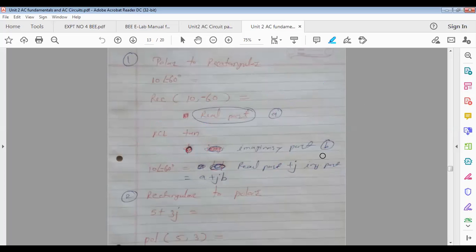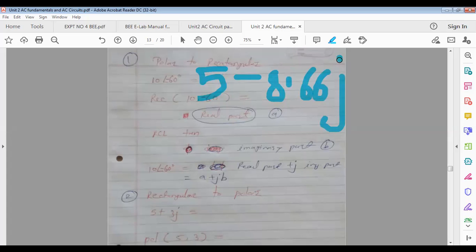Okay. Now can you tell me? Ma'am, it's showing minus 8.66, in a simpler form minus 5 under root 3. Yes, okay. We don't want minus 5 under root 3. But this one you write, because we don't want that under root 3. We want 8.66. Note it down. Any difficulty? No, ma'am.